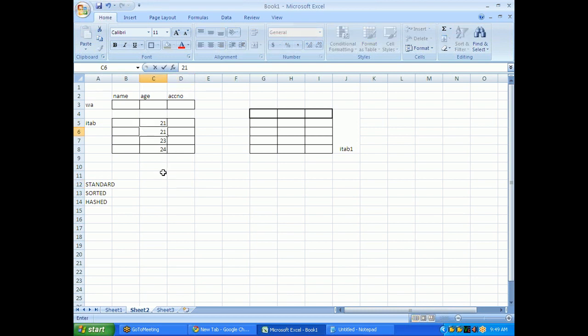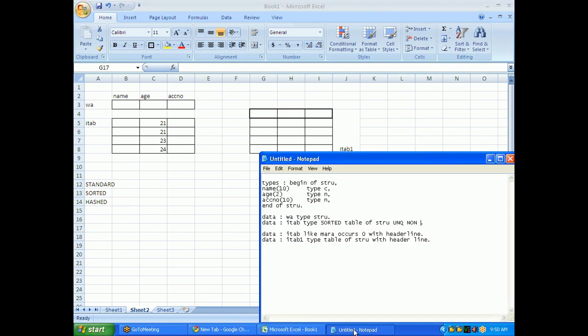If you mention a unique key, that means no duplicate entry should be there in that field. Okay, fine. Then the next one,